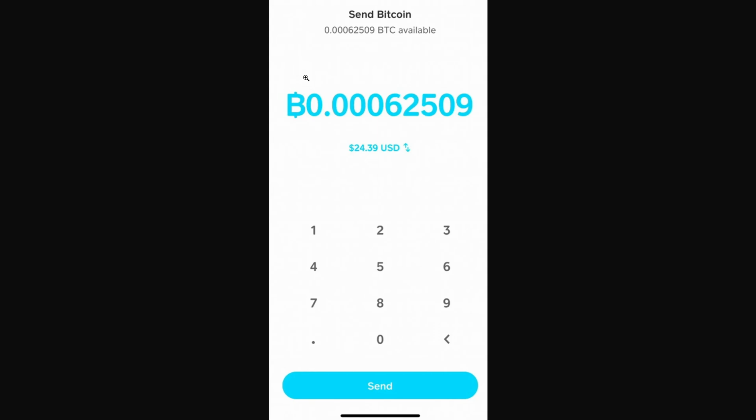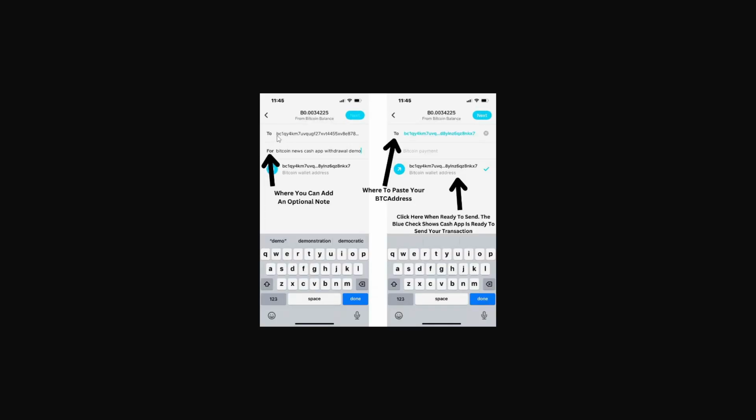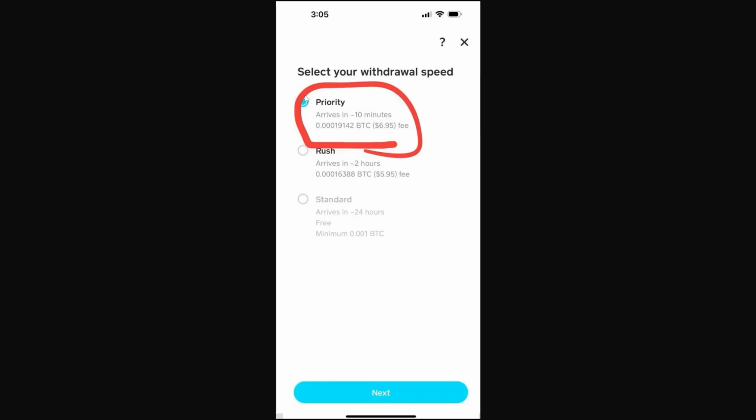Then you need to choose the amount of Bitcoin you want to transfer from Cash App to Bybit. After that you need to paste the Bybit Bitcoin wallet address right here, and in the first section you can write anything, it's optional. Then click the next button in the top right, and finally you need to choose the